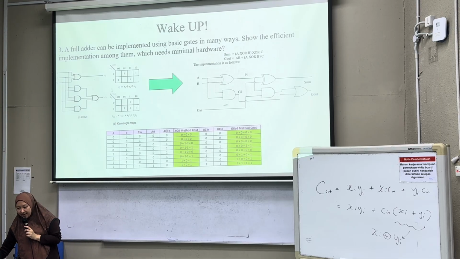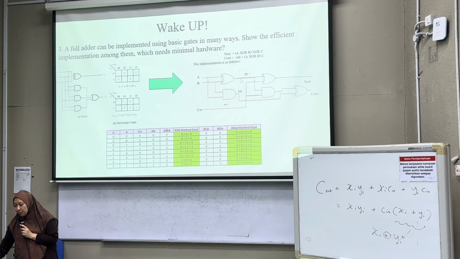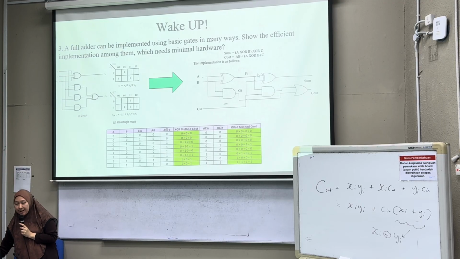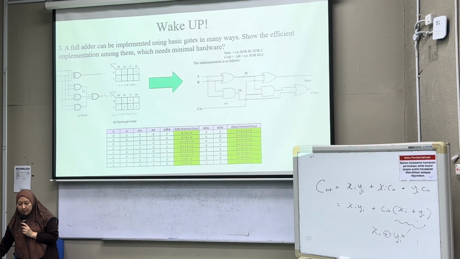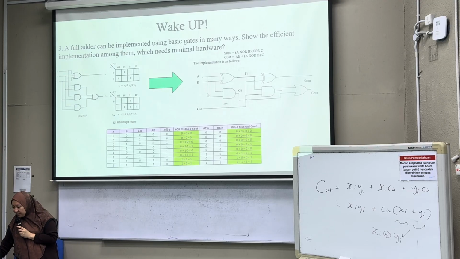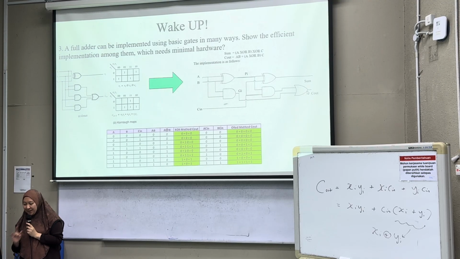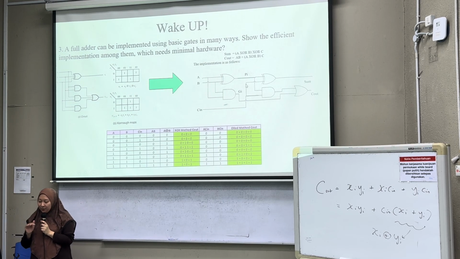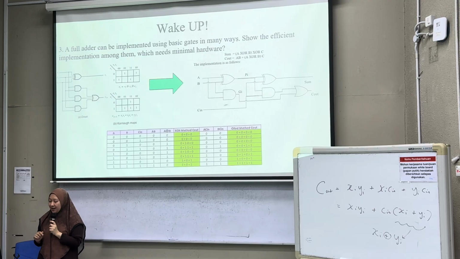Instead of 3 AND gates and 1 OR and 1 XOR, I would only need 2 XOR, 2 AND, and 1 OR. In terms of the number of gates, it's the same, but in terms of the way it propagates,